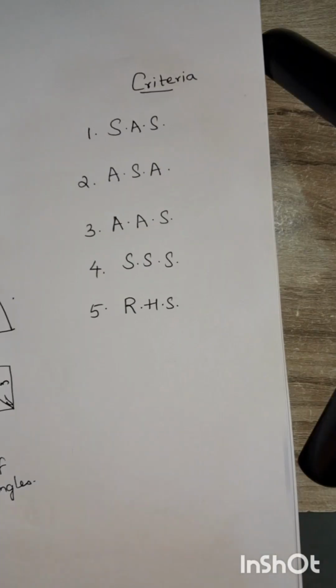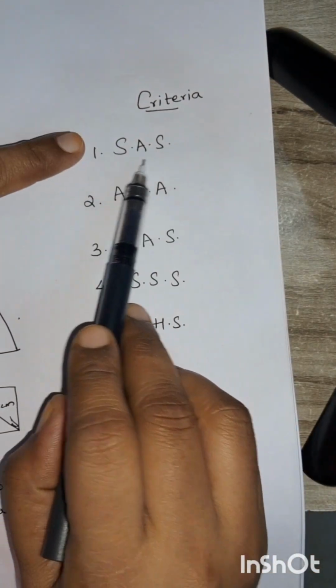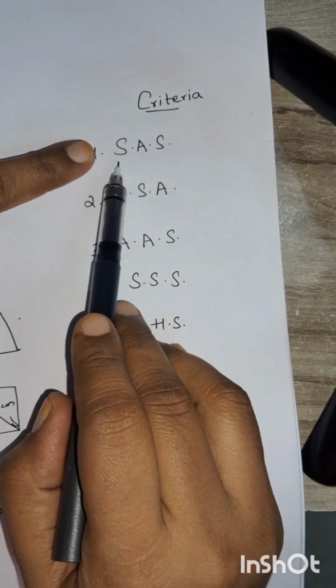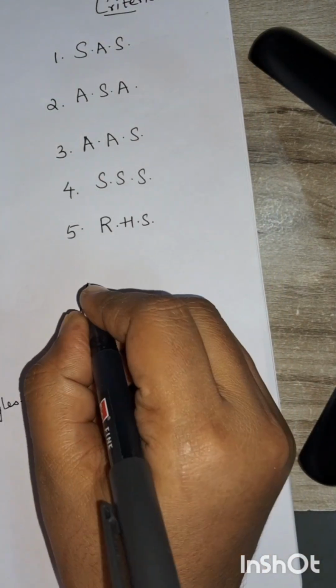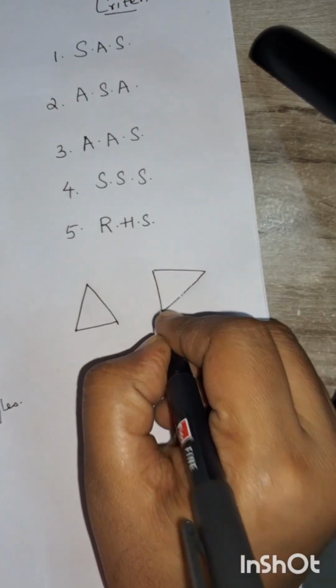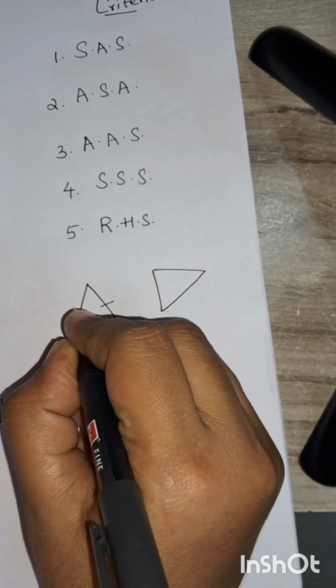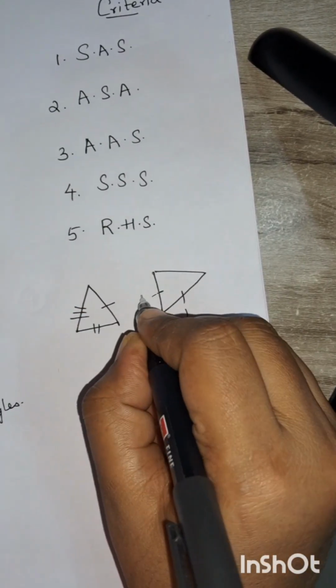Next, a very important thing is the criteria. In this we have 5: side-angle-side, angle-side-angle, and so on. First, side-angle-side. If I'm taking two triangles and two sides and one angle are equal,